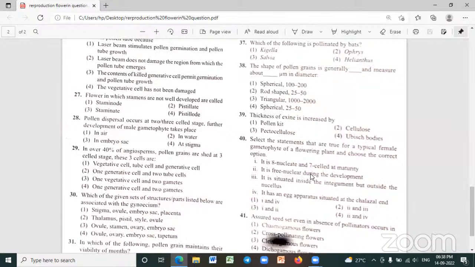So today, how many questions did we discuss? 40 questions. How many questions are right, my dear students? How many questions are you getting? You already checked yourself, isn't it? Anyhow, if you get 50%, you are going the correct way. If less than 50%, you have to give more effort. Okay. Shall we move on to the next lesson?